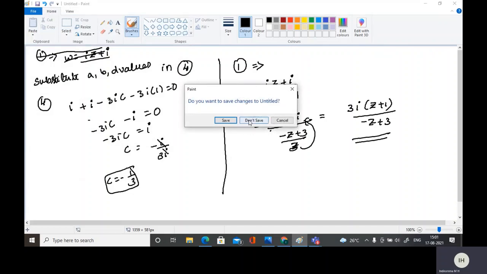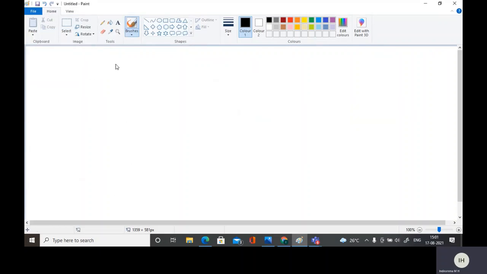The bilinear transformation. Find the bilinear transformation which maps z is equal to infinity, i, 0 into w is equal to minus 1, minus i, 1. Also